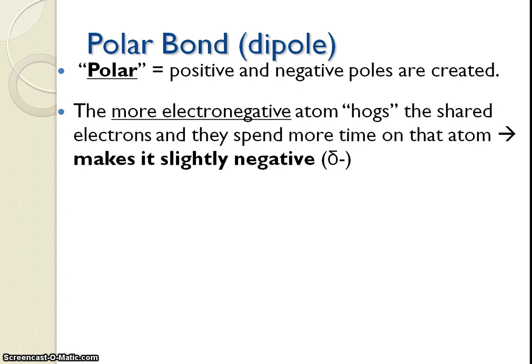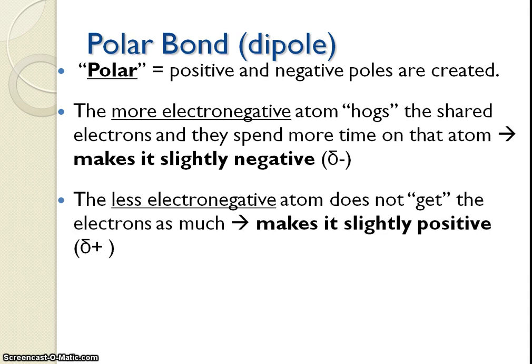So just in my own words, the more electronegative, and to review that term, because I know it's a big word, electronegative means that the atom has the ability to pull electrons towards it. So the more electronegative one is going to hog the shared electrons, and because the electrons spend more time on that atom, it makes it slightly negative on that side of the molecule. Versus the less electronegative atom, which doesn't get to have the electrons as much, and so it makes it slightly